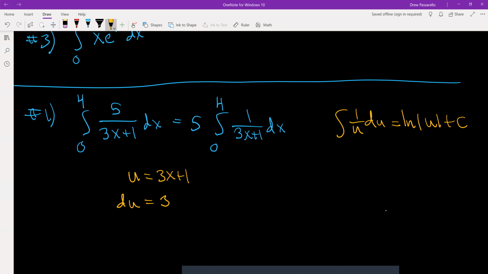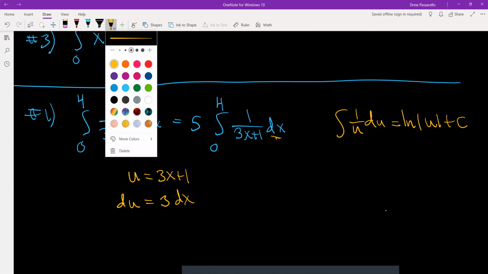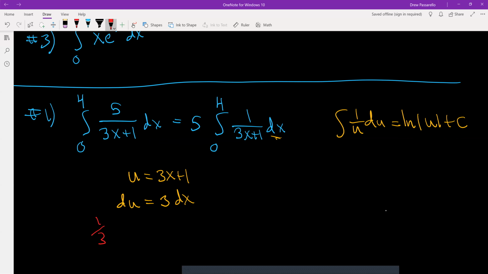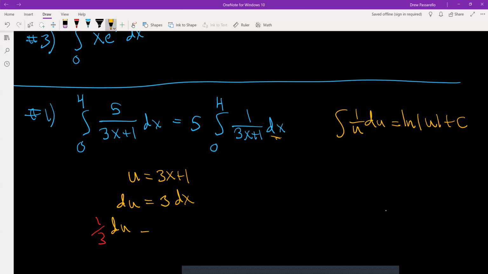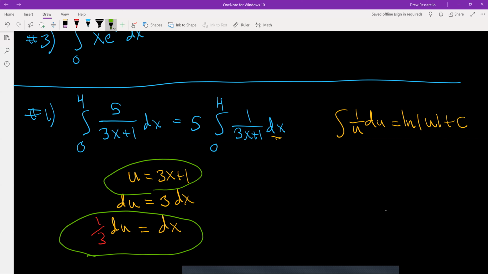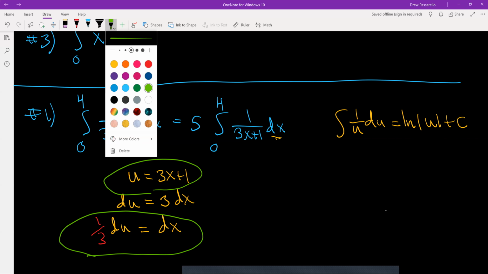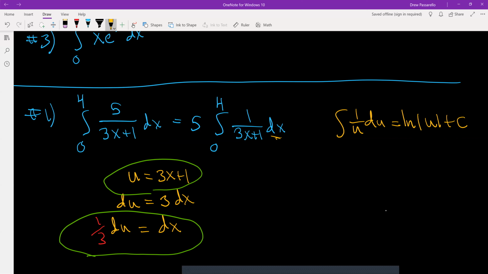And then I got to attach the dx. And in the integral, I have just dx, so I need to multiply by a third. So I have 1/3 du equal to dx. Okay, so that I can substitute in for dx, and then this is what I'll sub in for u. Now, since it's a definite integral, I need to change my limits of integration. So for the limits of integration,